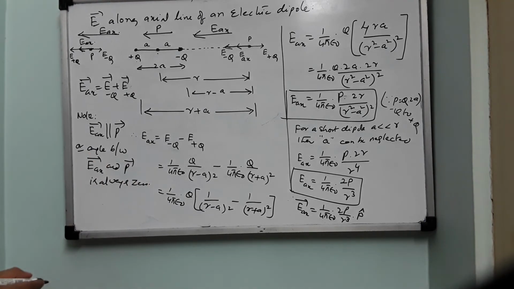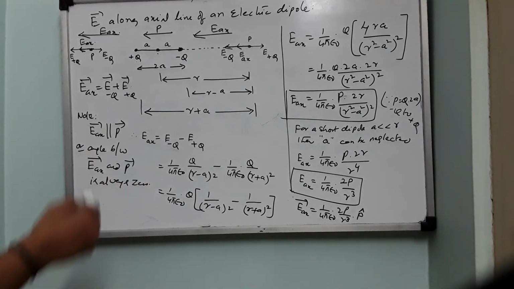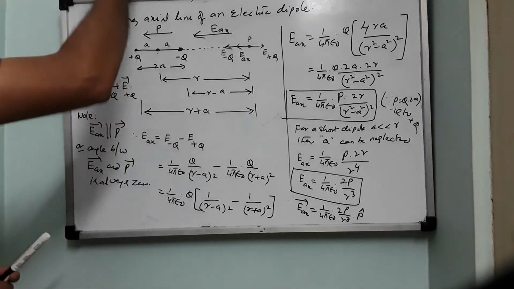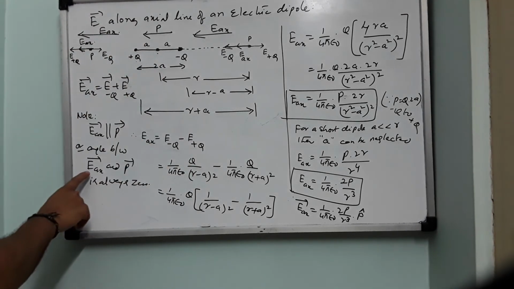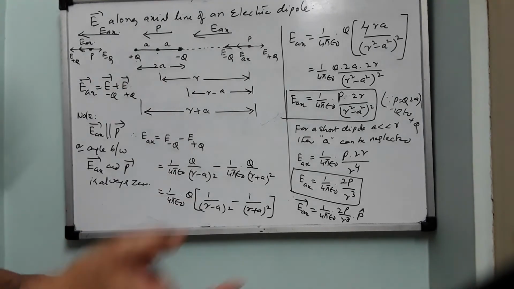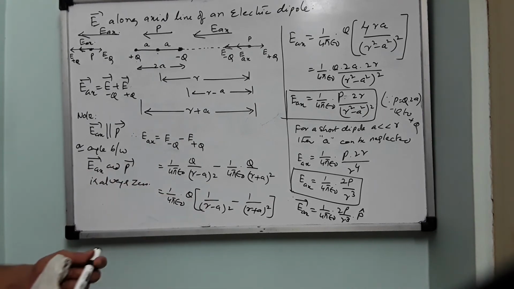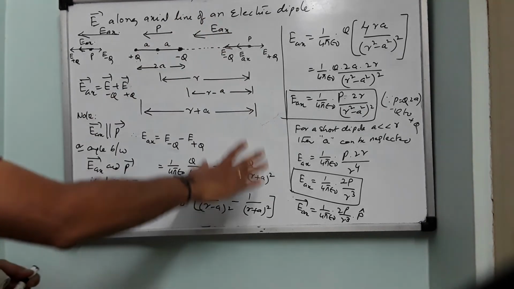Always 0. So why are we making this very specifically? Because we are going to see the other point, which is called the equatorial point. In such case, we are going to read the relation between this vector P and E equatorial. You will find it something different, right? So is this clear? Fine.